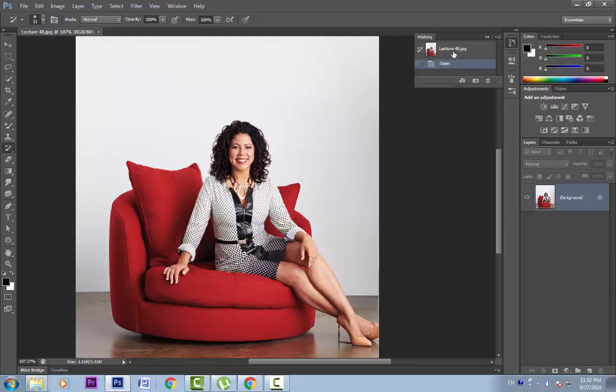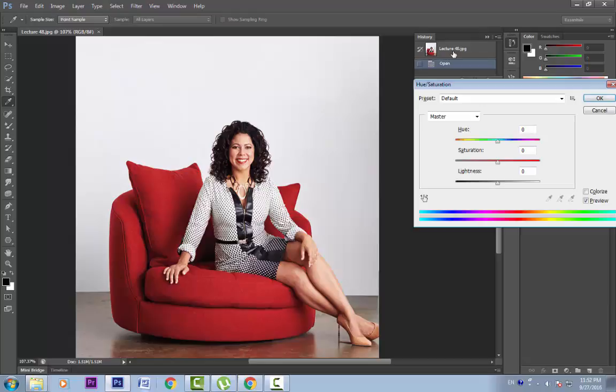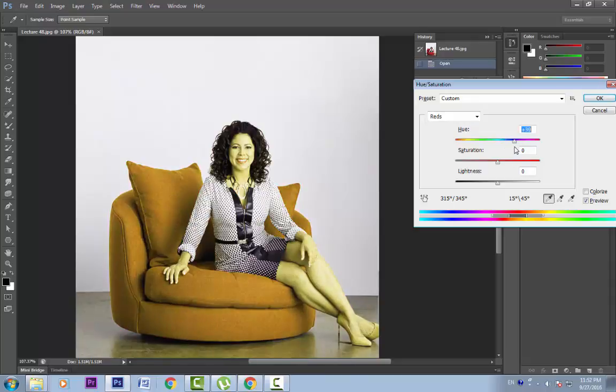Let's make some changes to this image like a hue saturation adjustment. Let's press Ctrl U. From this drop down, click on reds because I want to change the color of this sofa. We will change the hue from here. Let's keep it to a warm yellowish kind. I don't want it to be that saturated. I'll reduce the saturation